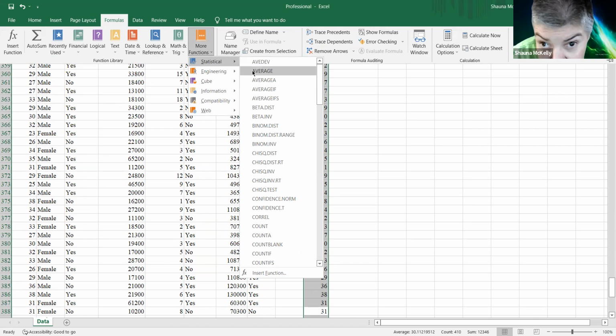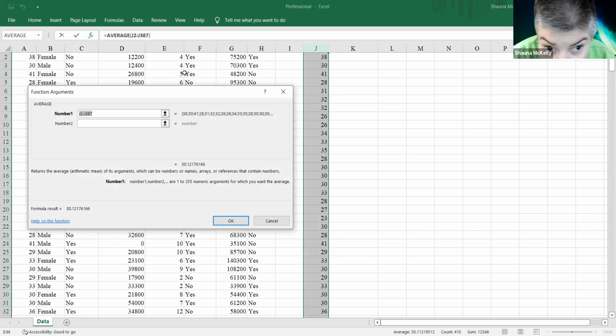And go to average, where it says average here. Yes. And then number one, and then it returns the average of this, and then you click